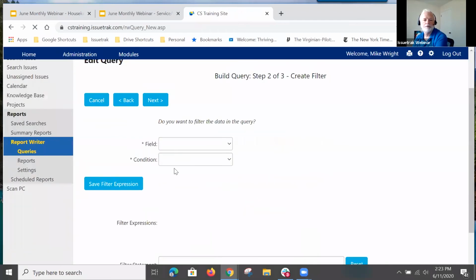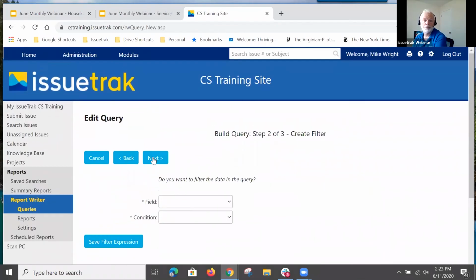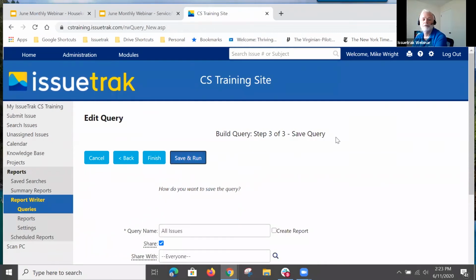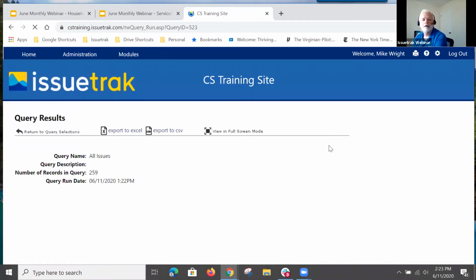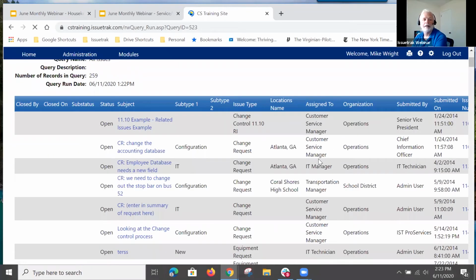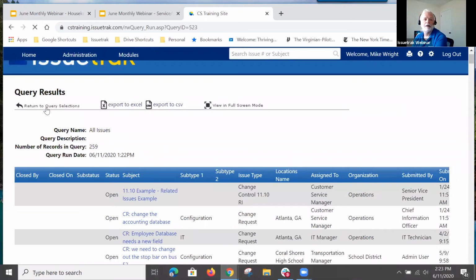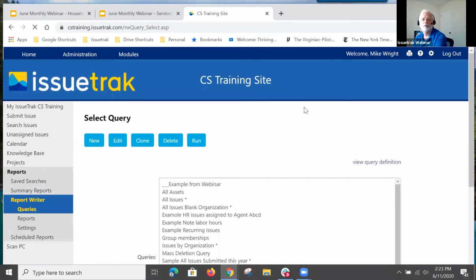So pick the fields. There's no filter on this one, so it's looking at everything. And we're just going to save and run it. So we've got data. Now, another thing to look at, and I want to go back to this really quickly, on this all issues